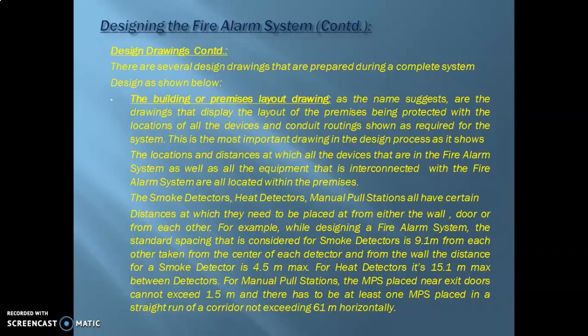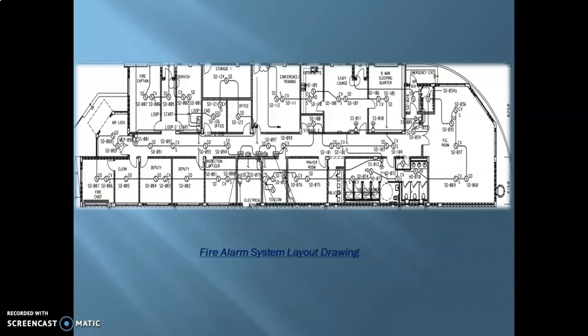So then moving on, this is basically a typical layout drawing that I'm just showing you right over here. As you can see, you can see the smoke detectors placed all over here, and this CV stands for ceiling void. It means this is the smoke detector above the false ceiling. So you have one smoke detector for the room, and one smoke detector for the ceiling void as well. Then here you have the FACP placed over here.